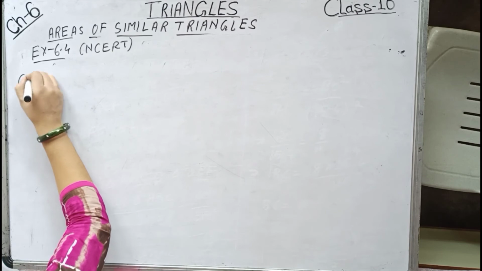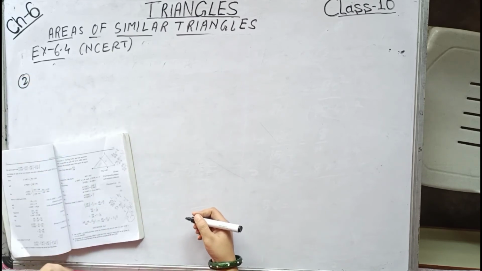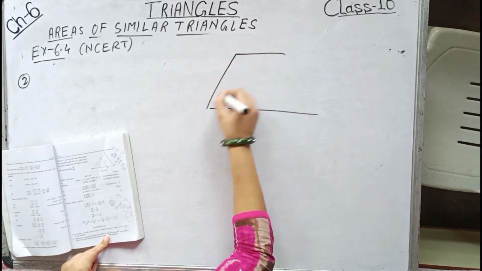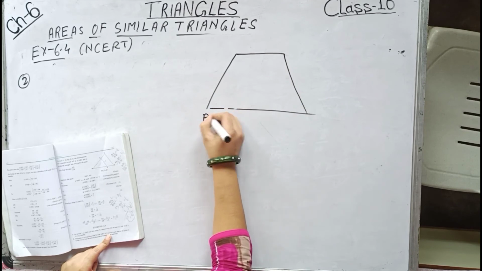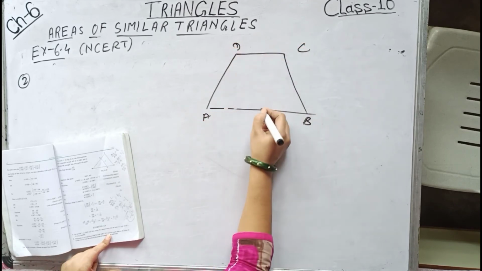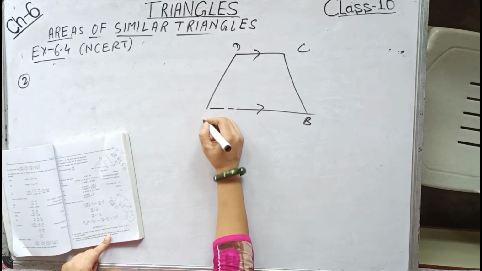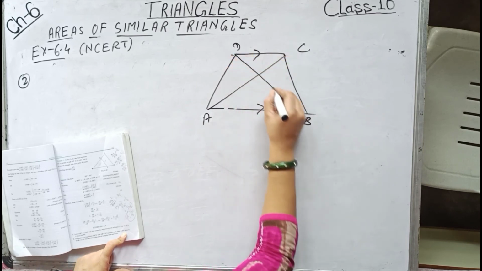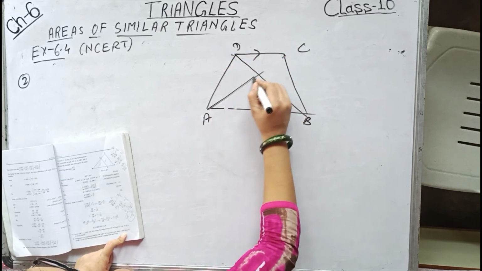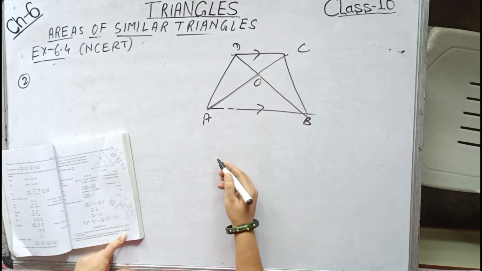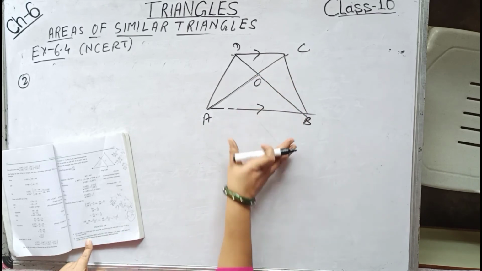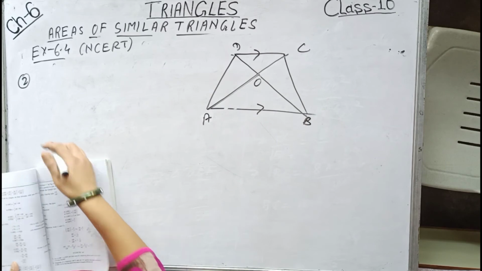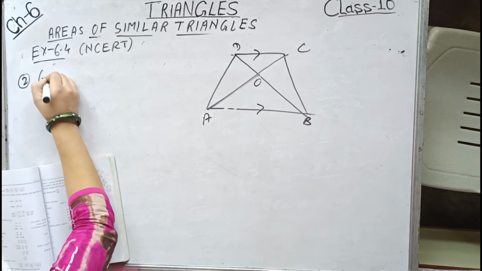Question number 2. The diagonals of a trapezium ABCD with AB parallel to DC intersect each other at the point O. Now the diagonals are intersecting at the point O. If AB equals twice of CD, find the ratio of their areas of triangle AOB and COD. So given